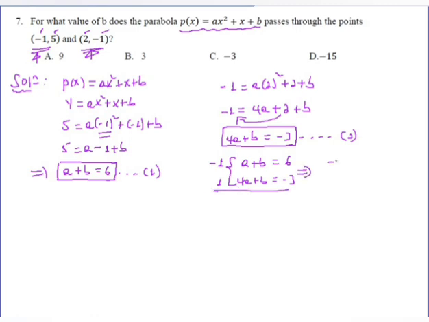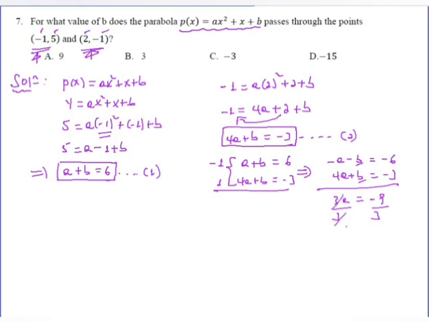So this becomes minus a minus b equals minus 6. The second equation is 4a plus b equals minus 3. Now you can sum it up. 4a with minus a is 3a. b will be eliminated, minus b with b is 0. Minus 6 with minus 3 is minus 9. So a becomes